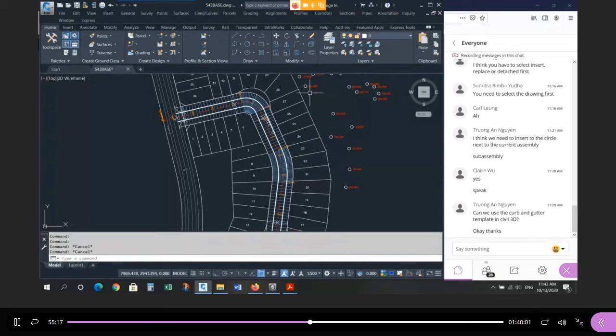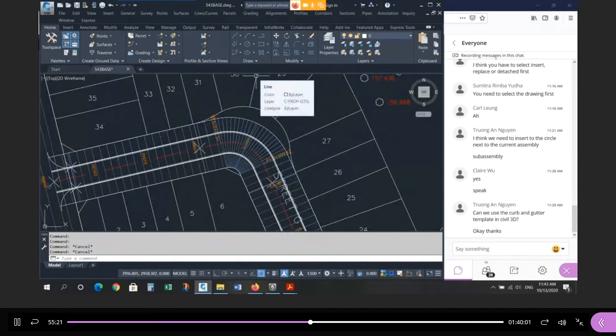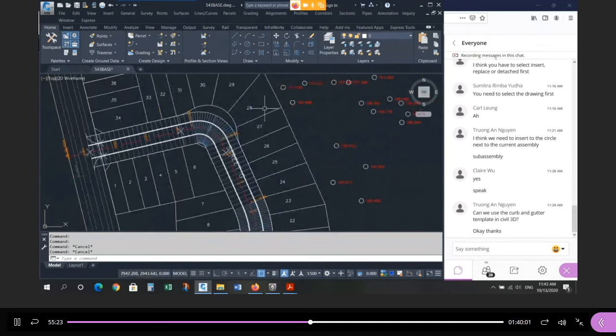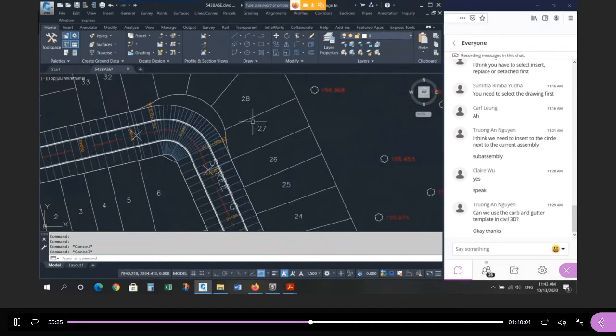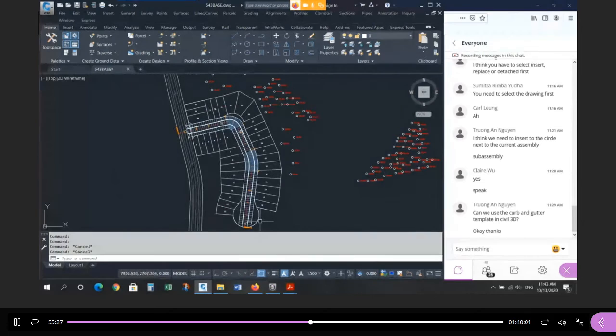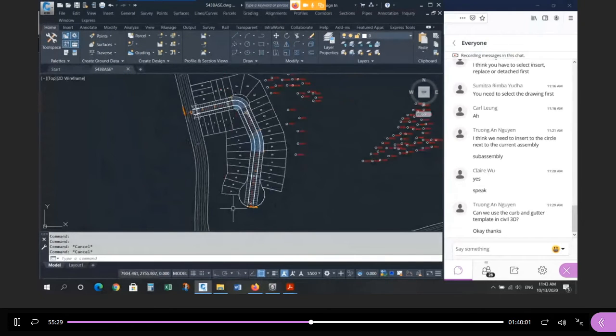Okay, so let me show you, because everybody did the assignment. I've got all 40 students' assignments, and I'm going to draw the crescent and the cul-de-sac edge of pavement. So if you got this wrong,